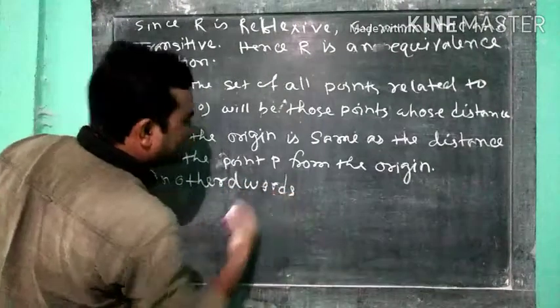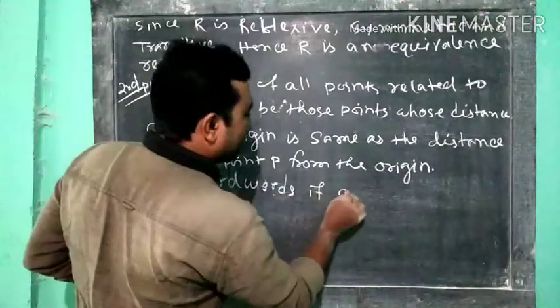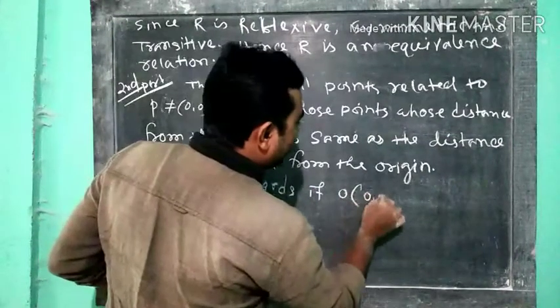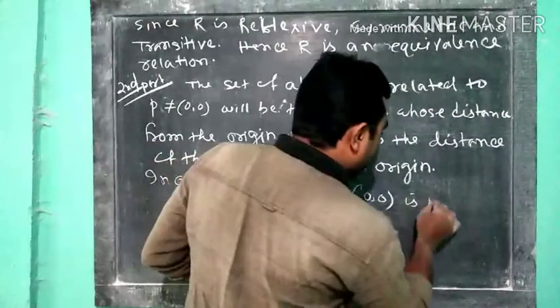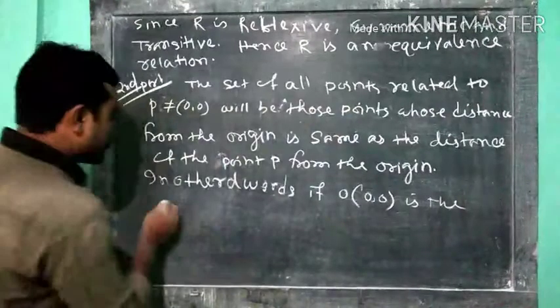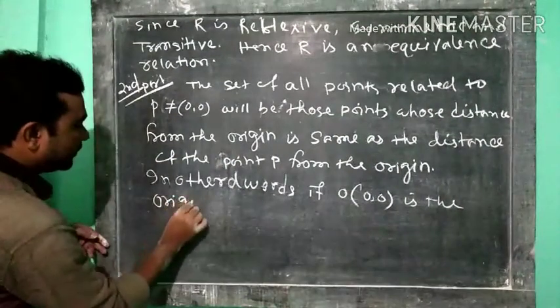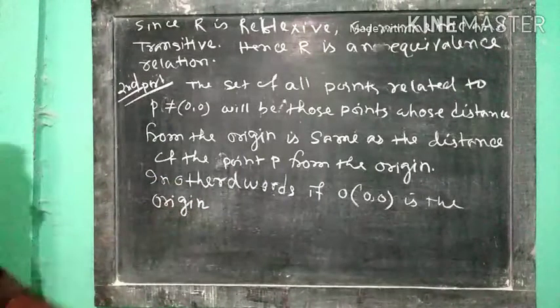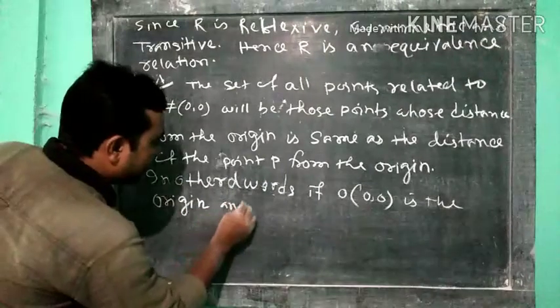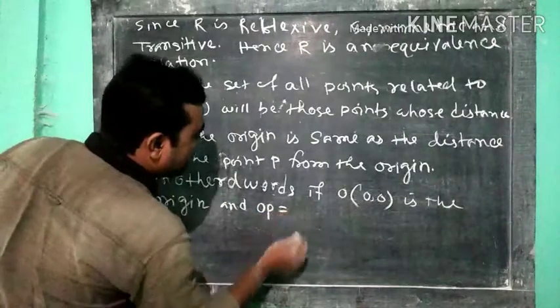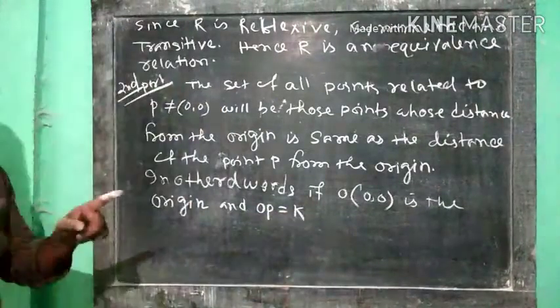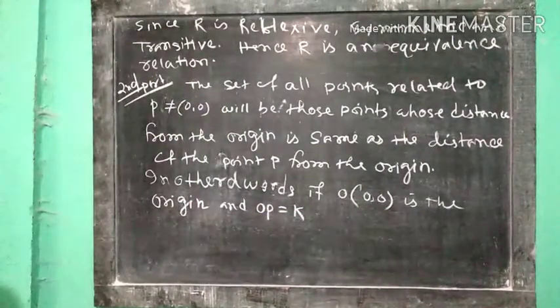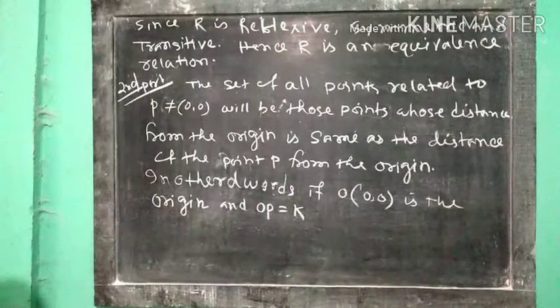In other words, if 0, 0 is the origin O and OP equal to K, then